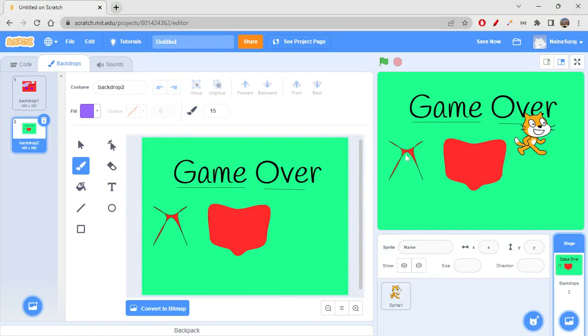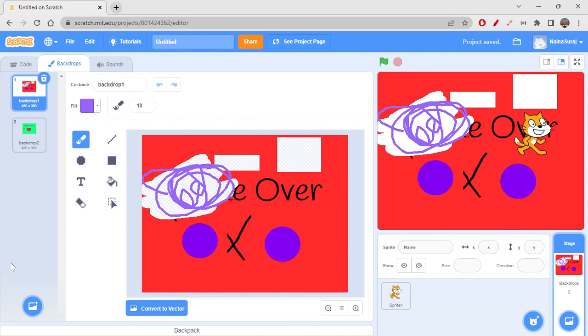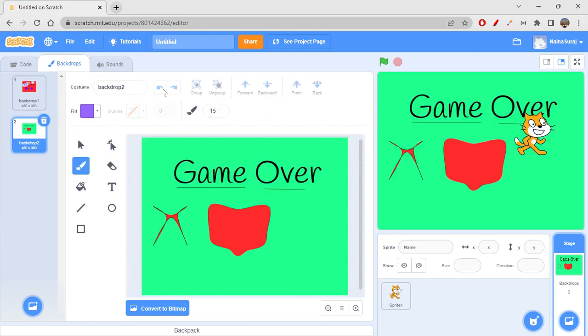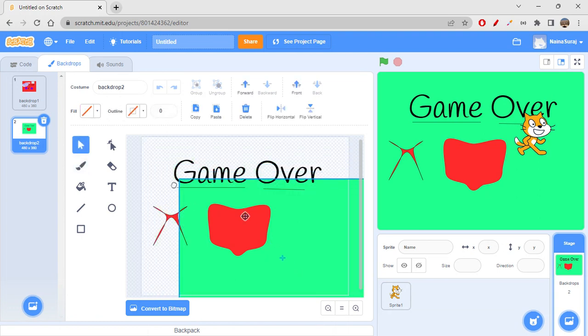And you can see there is a reshape tool which is very easy and simple to use, yet it is very useful, right? If you want to create different kinds of shapes, that's only possible with the reshape tool. Like you can see, I have created so many kinds of shapes here. Likewise, you can draw any other shape possible if you want to. And you can create things like these, right? So this is about it. And you have an undo button also over here to undo something. You can group something, right? Like using the select thing.